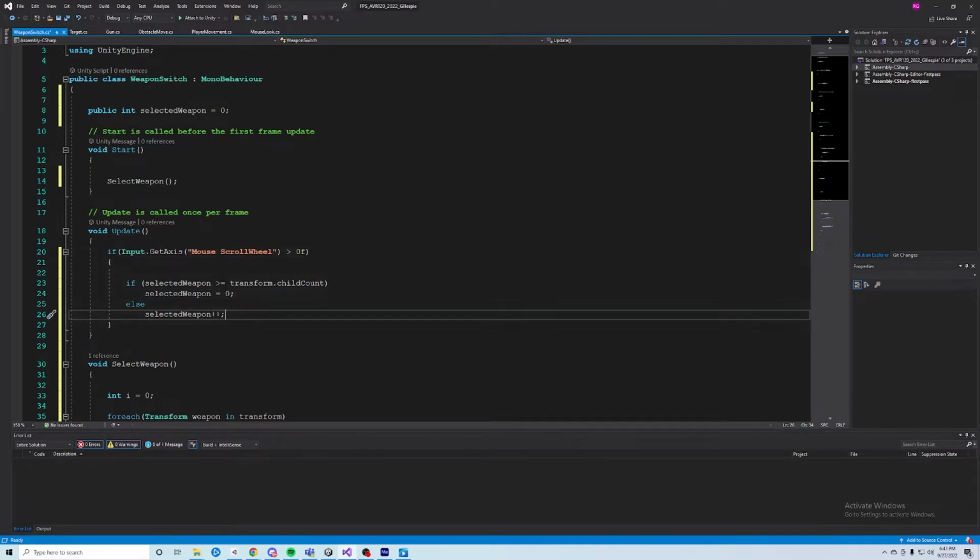So basically, we're getting the input axis, we're setting the mouse scroll wheel, and we're saying that if we scroll up on the mouse, so if it's greater than 0, we're going to go into this if check, and we're going to say if the selected weapon is greater than the total amount of objects in the weapon holder script, and we actually have to put -1 here, and the reason being is because the count will start at 0, because we've set it to 0 here. Just like an array, the 0 element needs to be 0,